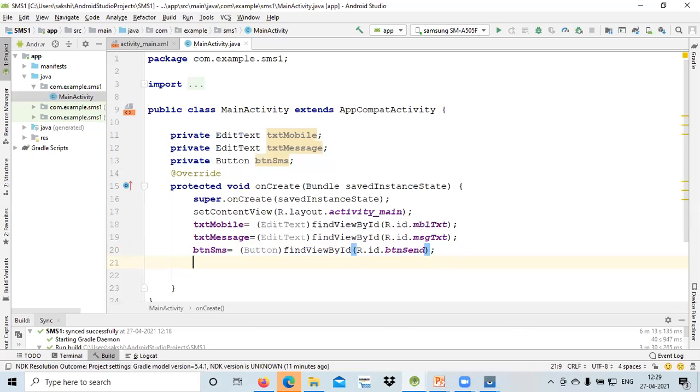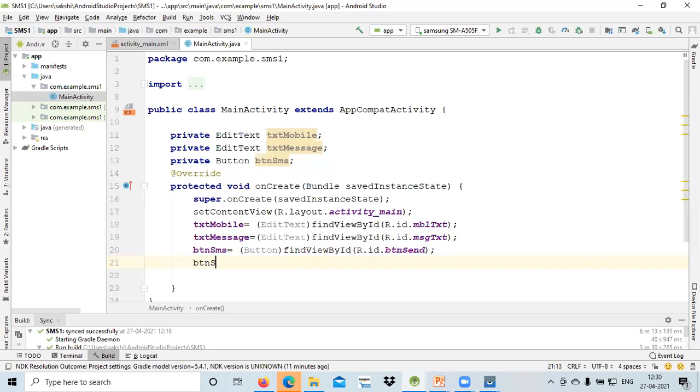Now this button, okay, what we want is that we need to send that. Now we have entered all that data in the case of text mobile by adding the mobile number and by passing that particular message. Now the next thing I want is that when I click that particular button over there, my SMS manager should send that particular text message to the given mobile number. So the destination work belongs to the SMS manager. So I am just using that button SMS.